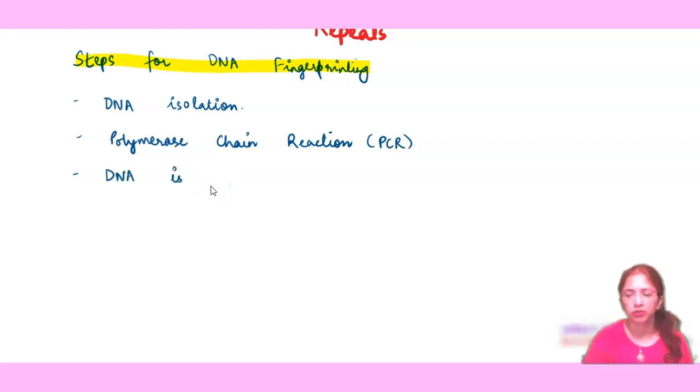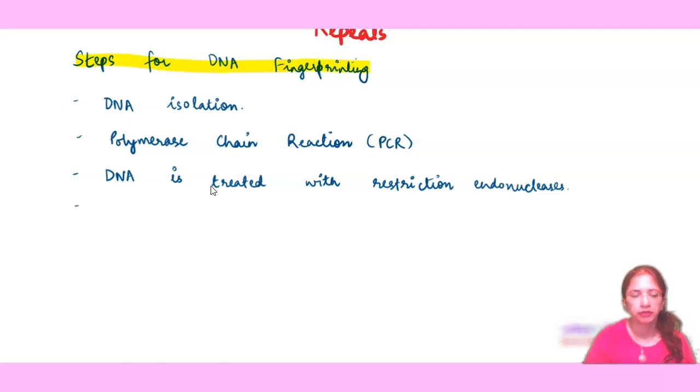Next step is going to be the treatment of DNA with restriction endonucleases. These restriction endonucleases are the enzymes that will break the DNA in between, and it will produce varying fragments of DNA. Why am I saying varying? Because each fragment will differ in its length. Then the DNA is separated